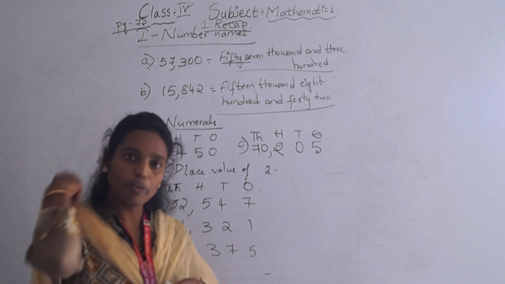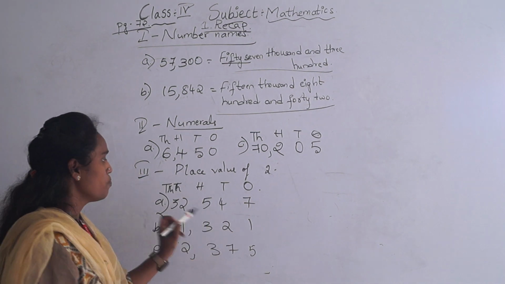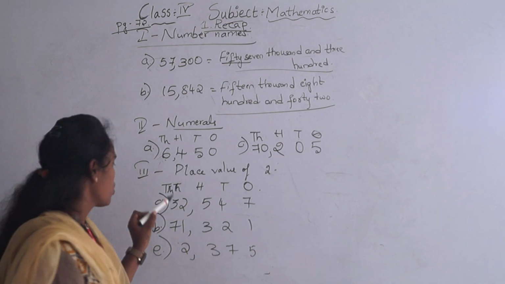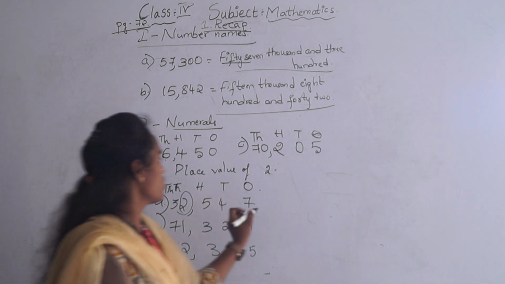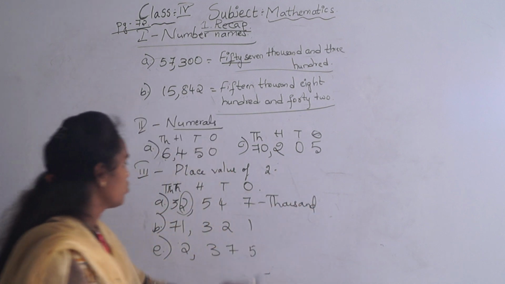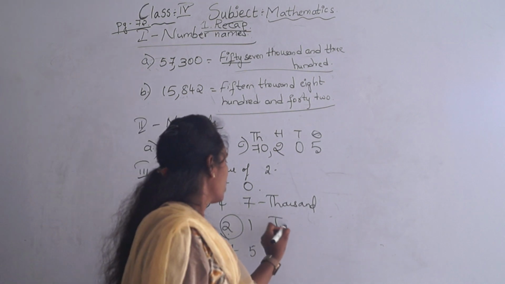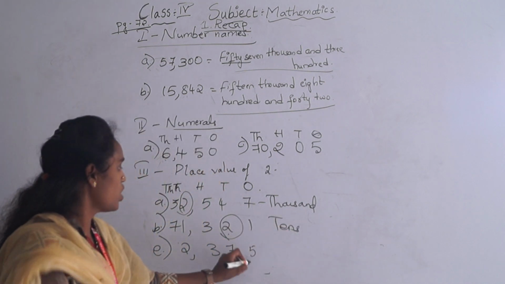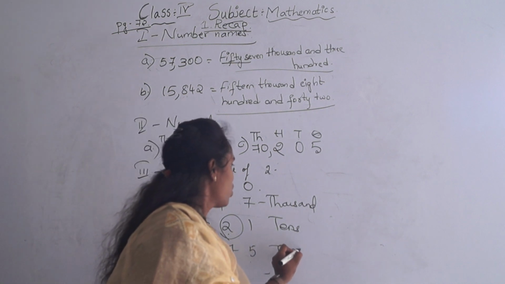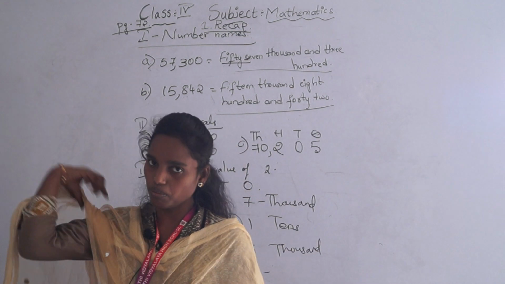We need only the place value of 2 in these bits. So now go for here. So what is the place value? Ones, tens, hundreds, thousands. So the place value of 2 in this bit is 1000. And next, ones, tens. The place value of 2 is here tens. Next, ones, tens, hundreds, thousands. So what is there here? Thousands. So similarly you can do the remaining bits.